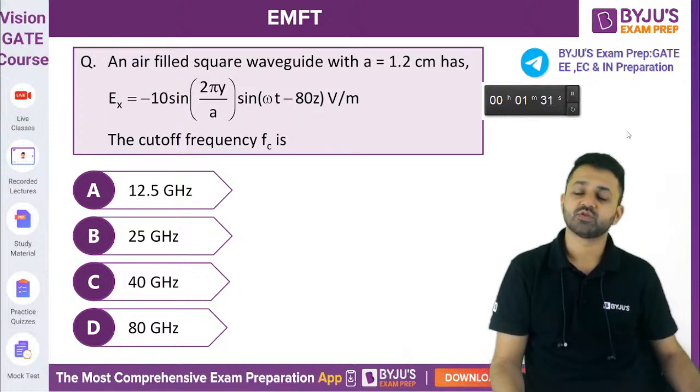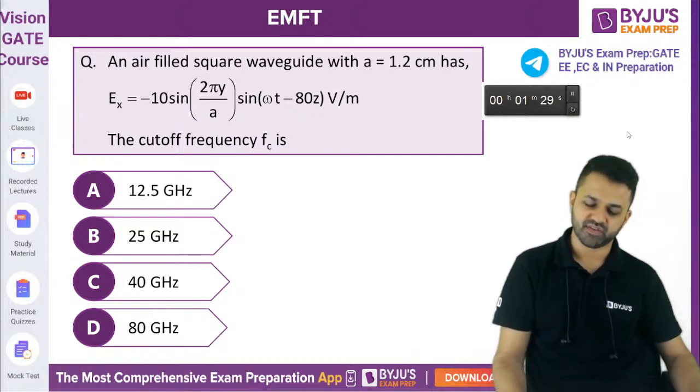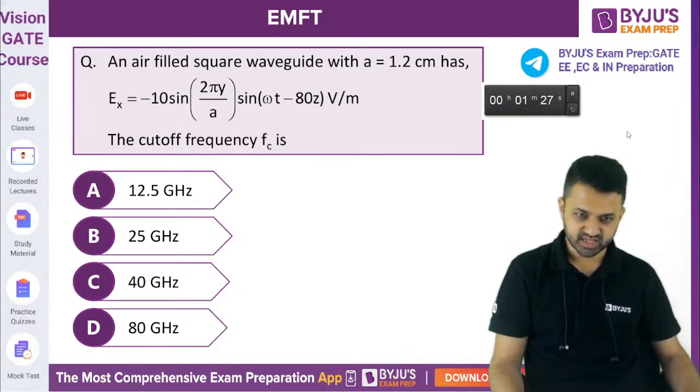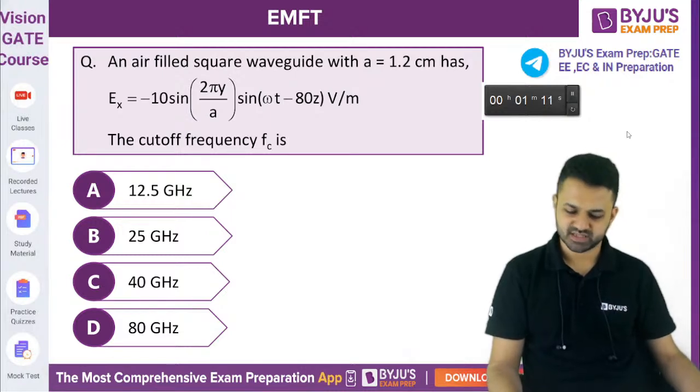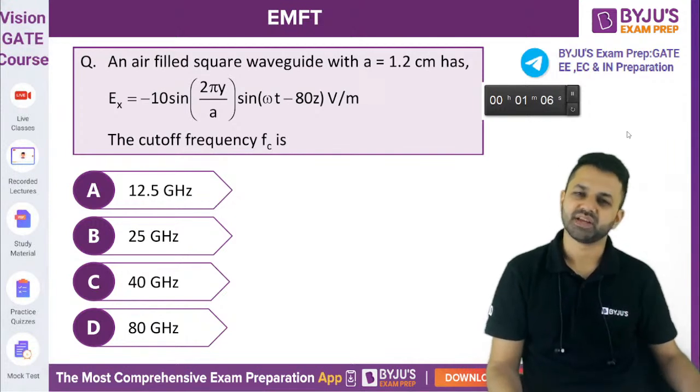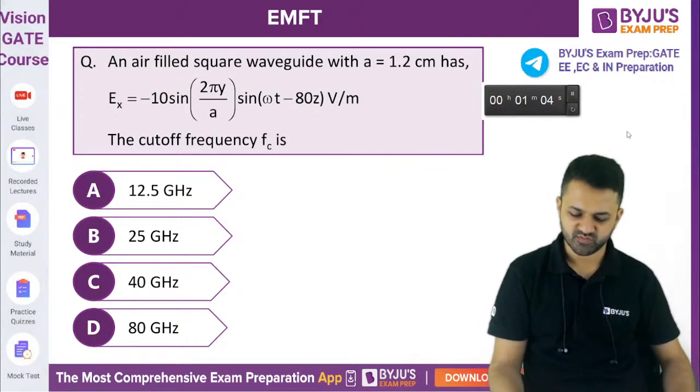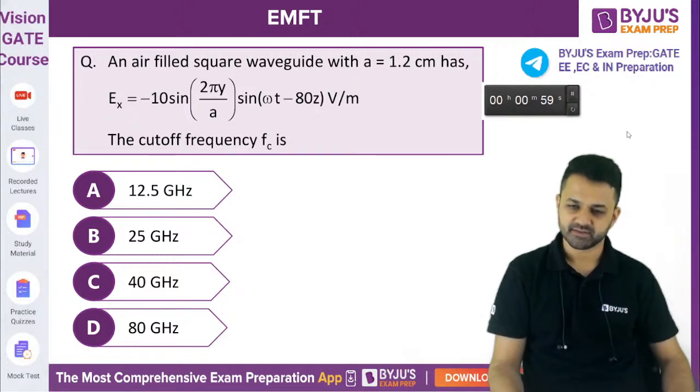What should be the answer of this question? An air-filled square waveguide is given. Yes, Reena Singh has given the answer. Engineering Babu, good evening. Birju, answer this question. This is the question from the waveguide, and this is a mixed set where we are discussing questions of EMFT across all the topics other than electrostatics and magnetostatics. I am not keeping those because I have already taken two sessions for that. 12.5 gigahertz is the first answer I have got, from Reena Singh.